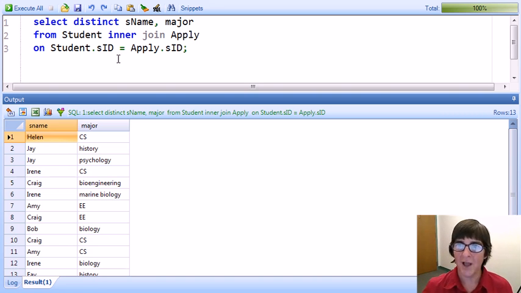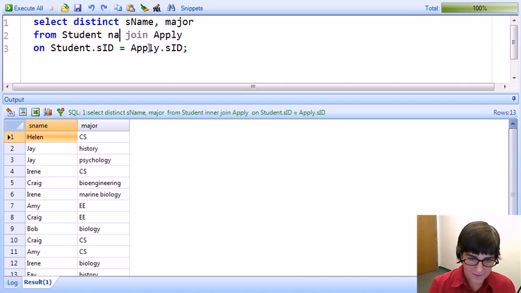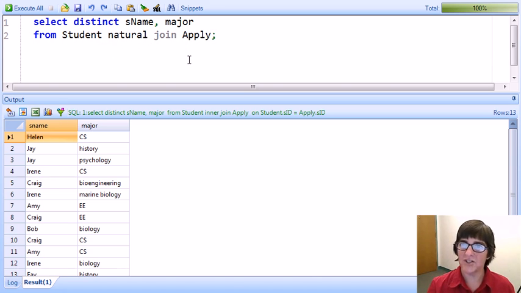So student and apply have the SID name and column in common, and so if I change this to the natural join, the system will automatically apply this equality between the student ID in the student relation and in the apply relation. So I can just simply take that condition away, and I run the query, and I get the